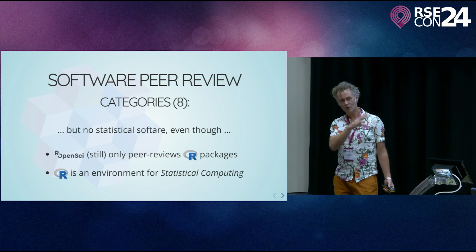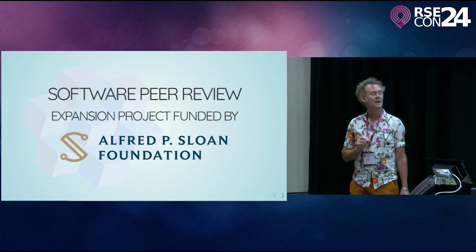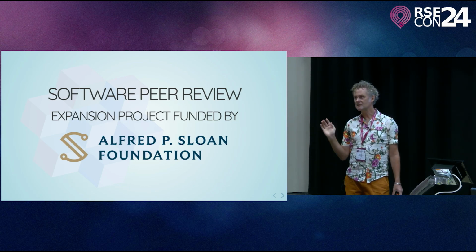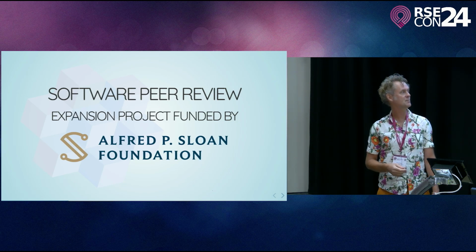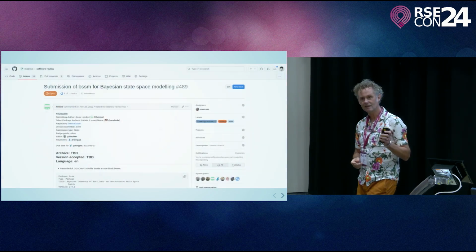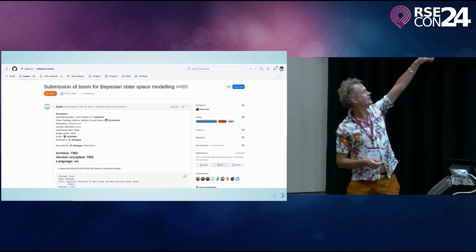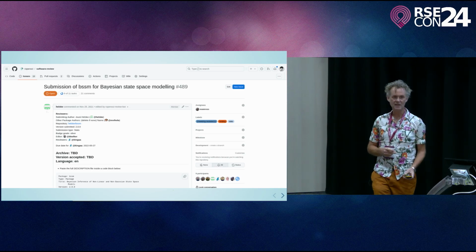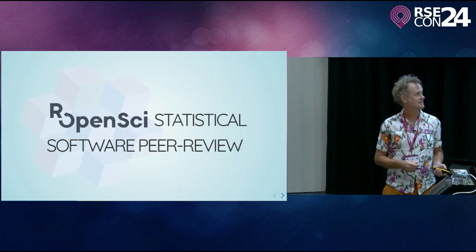Noam Ross, the co-presenter of this talk, who's not here today, that troubled him for a lot of years. And so he formulated the idea initially to expand software peer review to include statistical software. And then we graciously got funded by the Alfred P. Sloan Foundation, embarked upon the project, and 2.5 years later, we had our first submission of statistical software. I won't zoom in, but if you can see way up on the top, the badges on the issues there, just like for JOS as well, there's a stats badge, and that was our very first stats badge. So it took 2.5 years from receiving the grant to receiving our first submission of statistical software peer review.